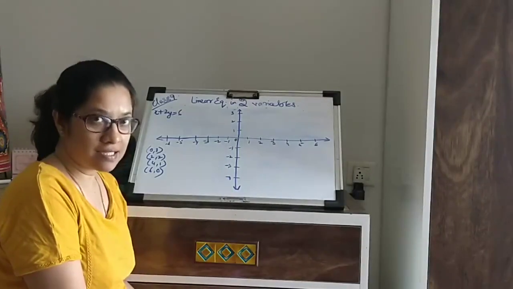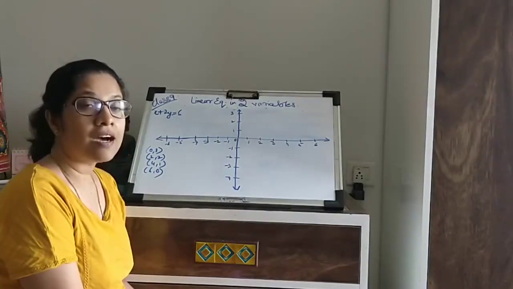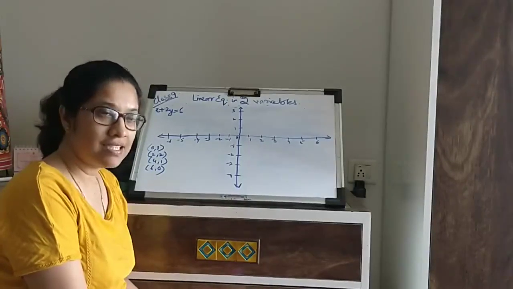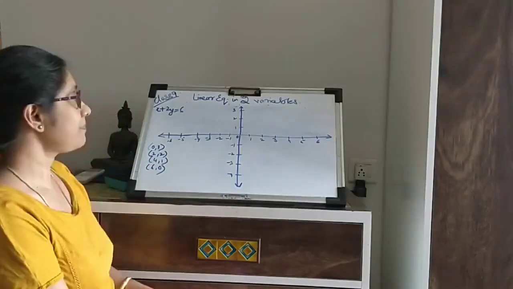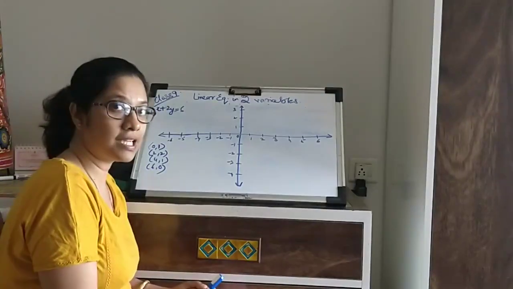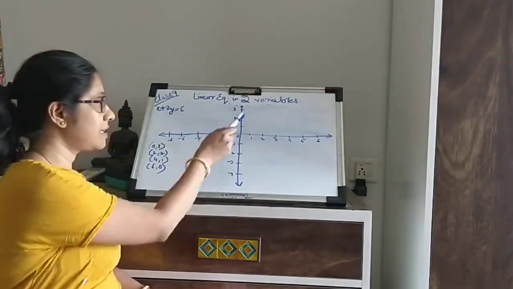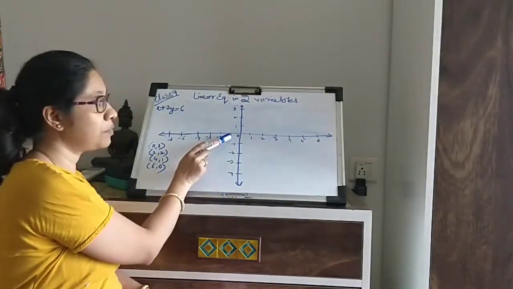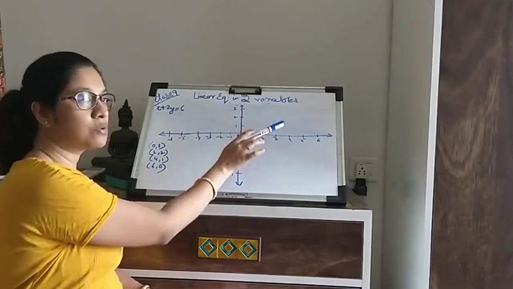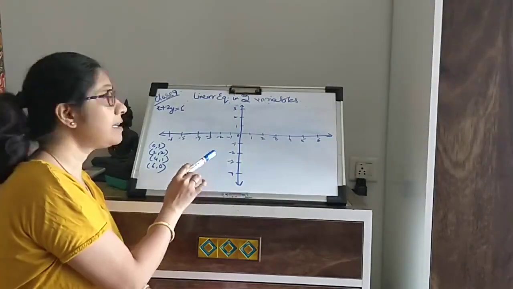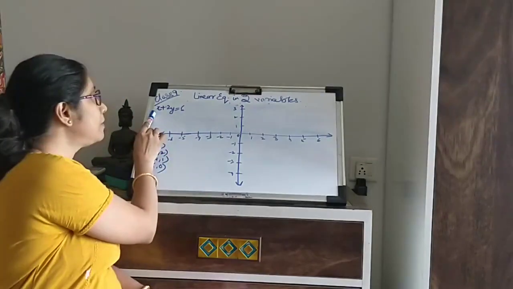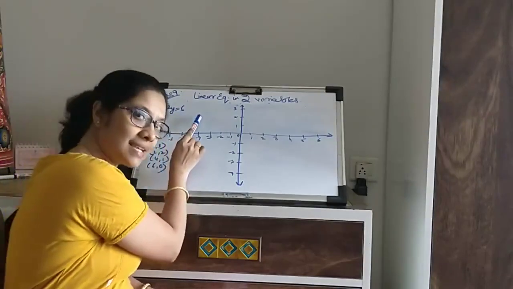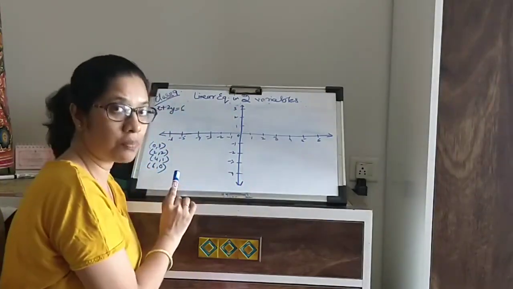So as we discussed last time, we'll be talking about how to plot the graph of a given linear equation in two variables, right? So let us learn how we do that. We all know what a Cartesian or a coordinate plane is. You all are familiar with this kind of a figure which has an x-axis and a y-axis meeting at the point called origin. So this is called a coordinate plane or a Cartesian plane, and our job here today is to represent this given linear equation x plus 2y equals 6 on this Cartesian plane.